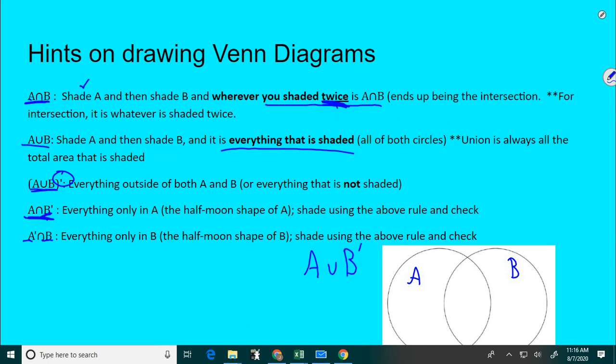Okay, so let's go through our rule. Let's check everything that's in A. So A is there and there. B complement, there and there. But with union,